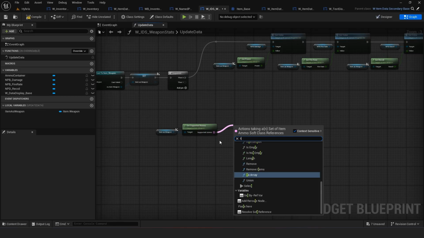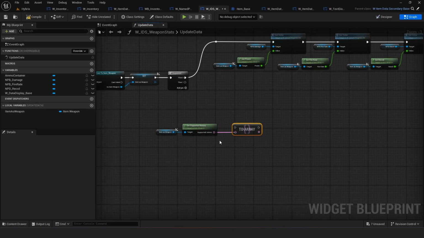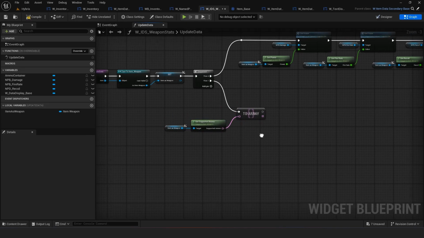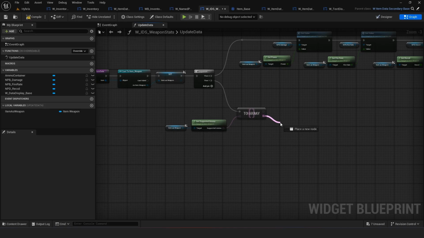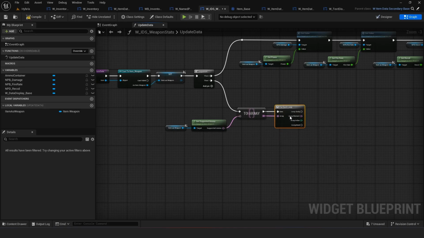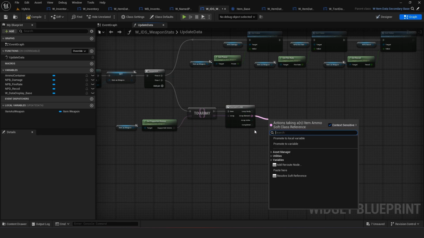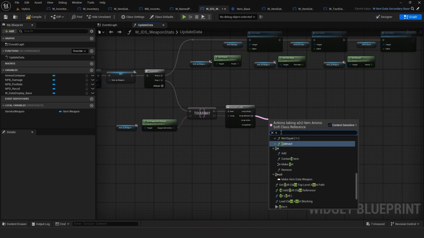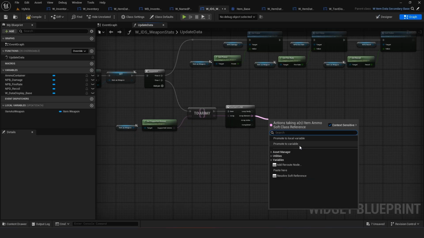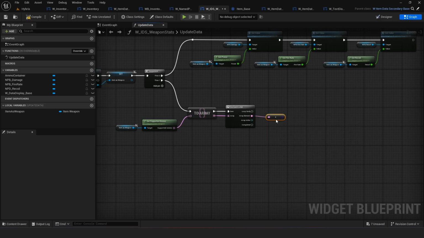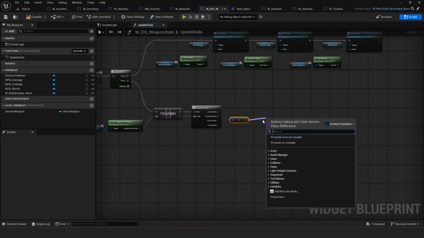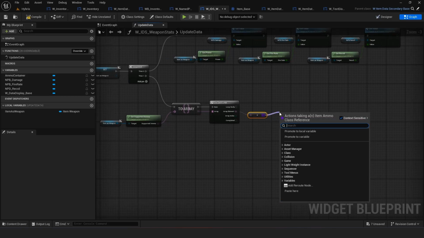Now we can convert that to an array, like so. Now one of the issues that we're going to have here is that we do need to get the name from them. But with these being soft references, we can't actually do that. So yeah, there's nothing like that. We actually have to resolve the reference first. This might, in some cases, be not valid. So just going to work through this first, and then